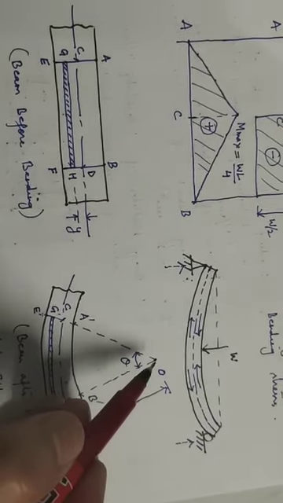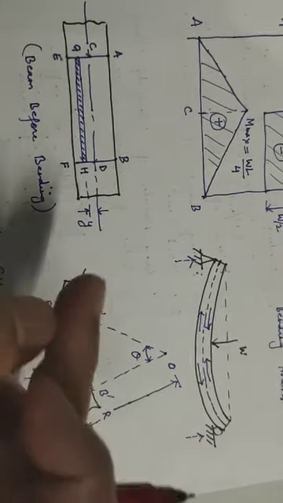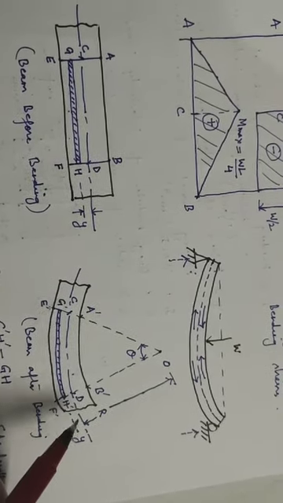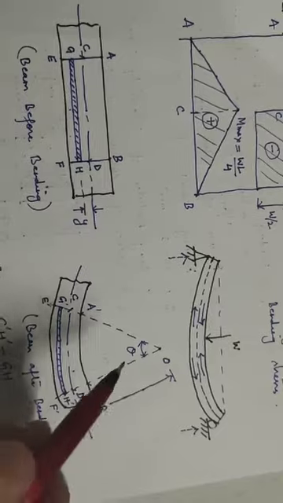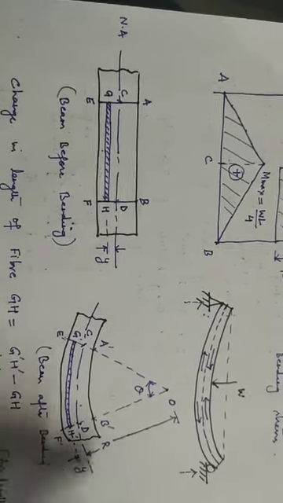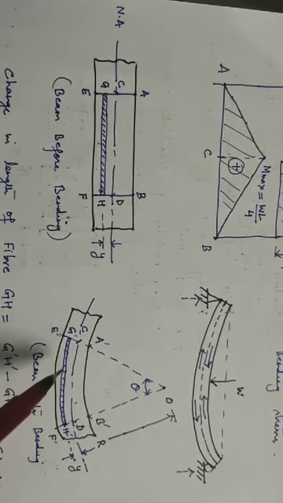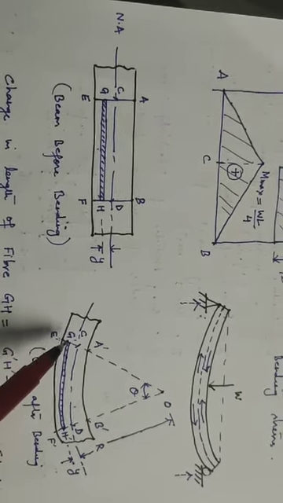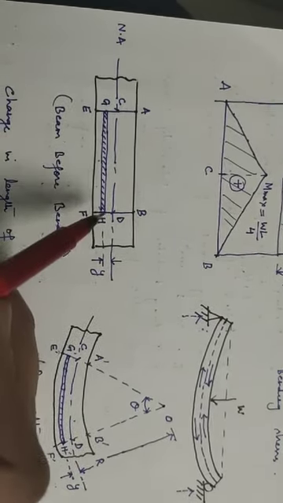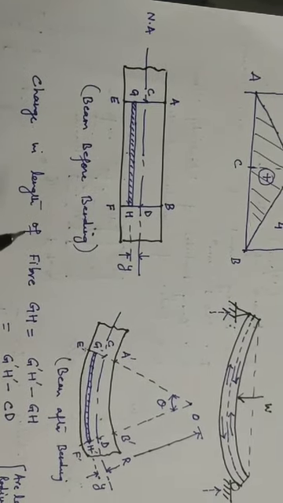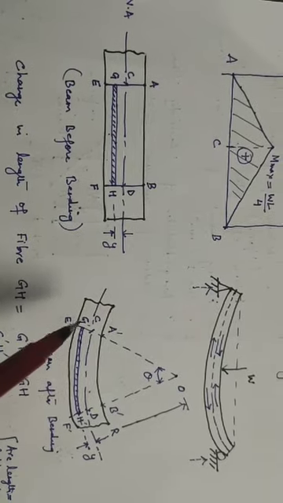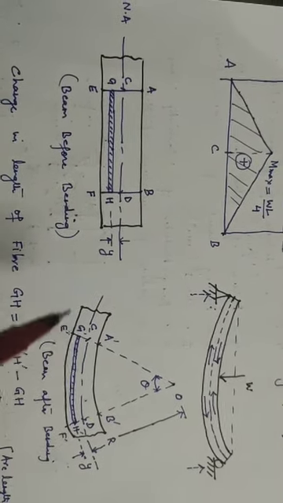So this is the radius of curvature of this beam. जो आपका beam curve बना है इसका radius of curvature R है, that is from your neutral axis, central axis, and theta is your angle of curvature. Now we will say what is the elongation in this beam GH, that is the final length of the beam will be G dash H dash and the original length was GH. So the change in length of fiber GH will be G dash H dash minus GH. Now what is G dash H dash and what is GH equal to?